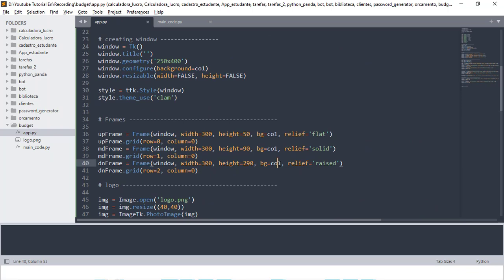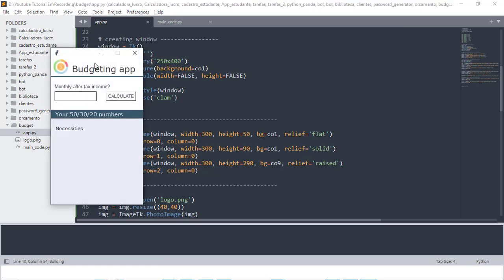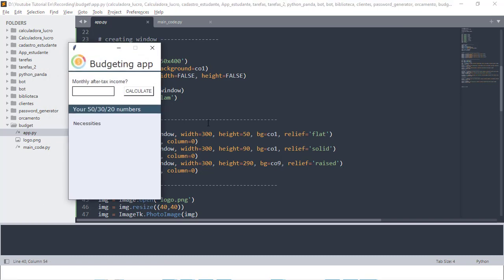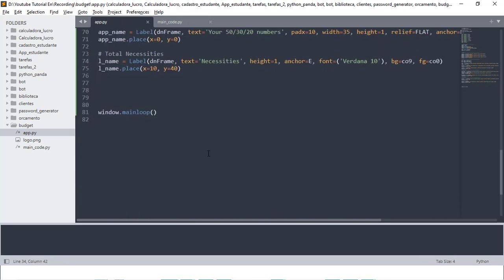We'll come here in down frame. For BJ, we'll be using core 9. Okay, I save, if I run, and boom, now we have a different color. Okay, necessities. Good. So after that, let us create again another label that will be showing the results of